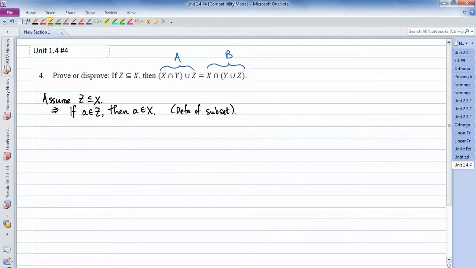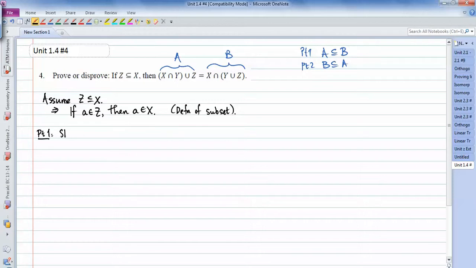The way to do that is, remember, we have a two-step proof. A has to be a subset of B. B has to be a subset of A. So this is going to be part 1. This is going to be part 2. Okay? So part 1,